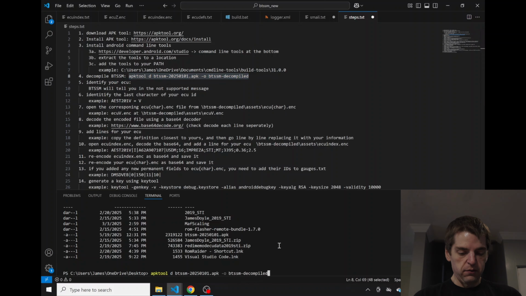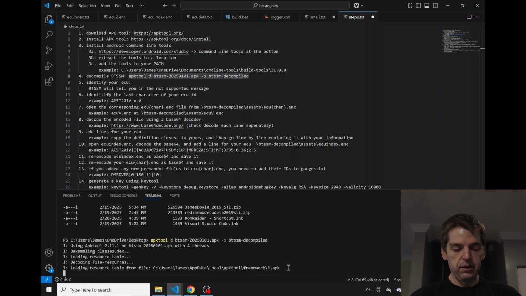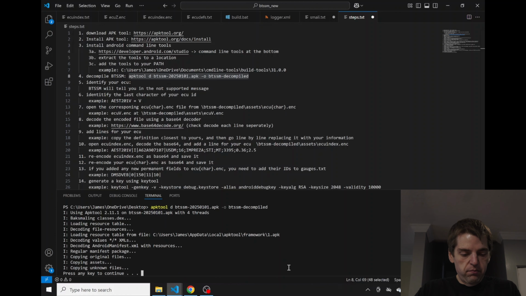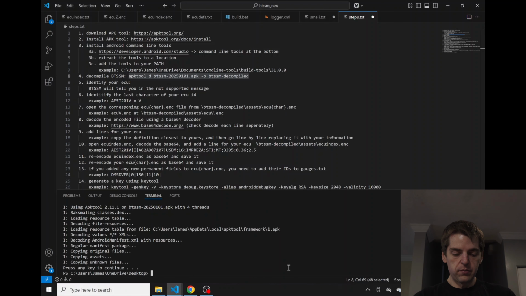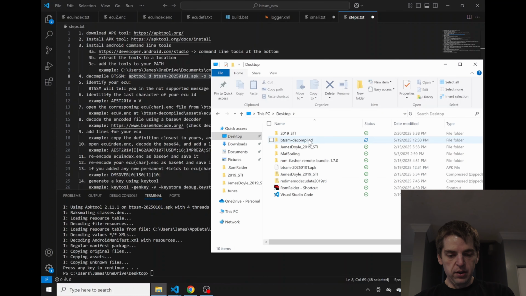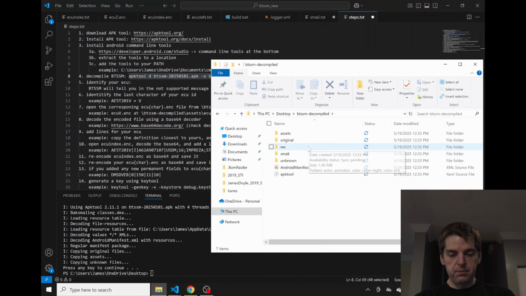I'm just doing this all from my desktop. So APK tool, decompile, our input, and then our output is going to go to BTSSM-decompiled. Going to run this, shouldn't take too long. Alright, so now if we go look at our desktop, we have a BTSSM decompiled folder that contains the structure